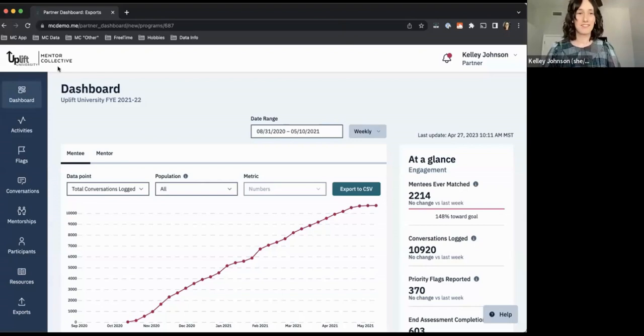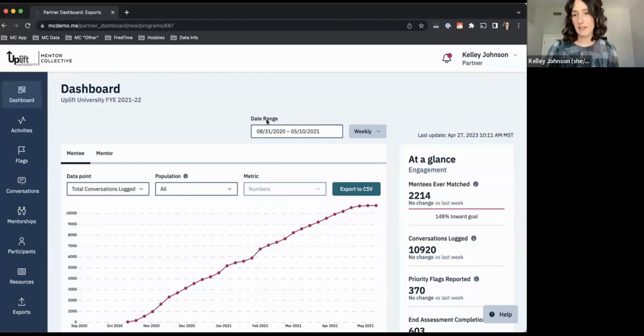Perfect. All right. So the first example, Kelley, that we hear a lot about is, if I'm in a student services function, let's say in my College of Technology, and I'm responsible for academic support of students, how can I actually see which students have a lower rating on academic self-efficacy? Thinking, how can I encourage help-seeking? How can I intervene or support these students? How do I know who they are?